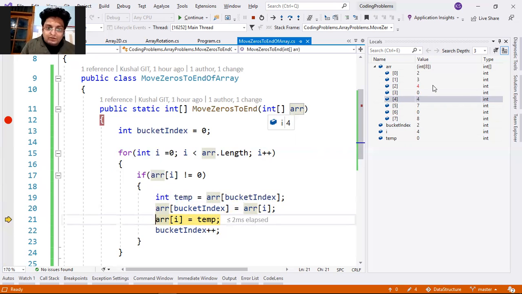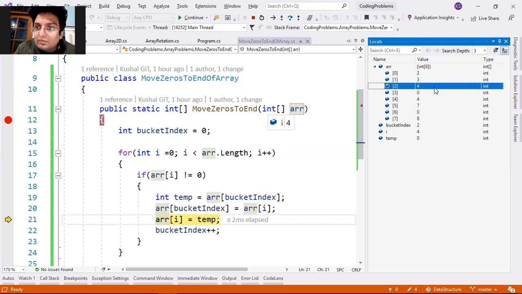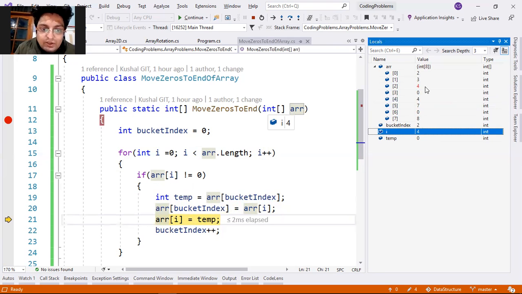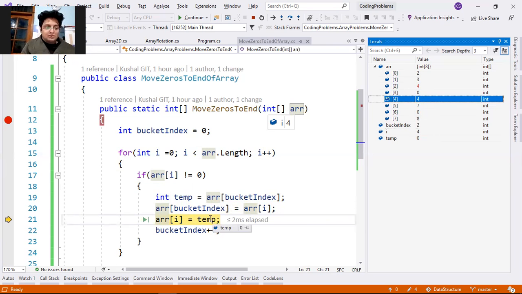If you see here, just now it became red. Now it has become 4 at index 2. If you see on the right hand side, it has become 4. That is just changed. Once line 21 runs, it will change the value at index 4 to 0, because we are putting our apples back.